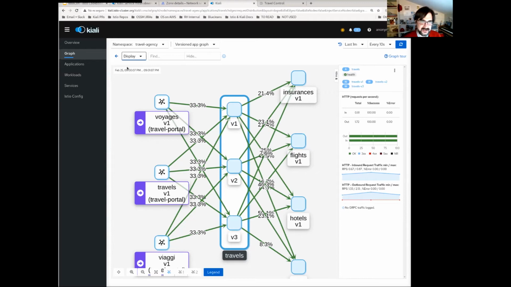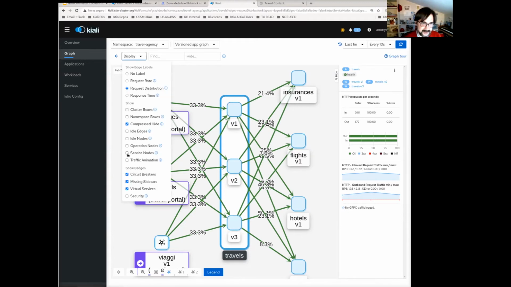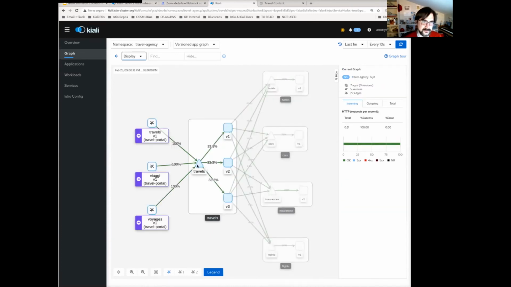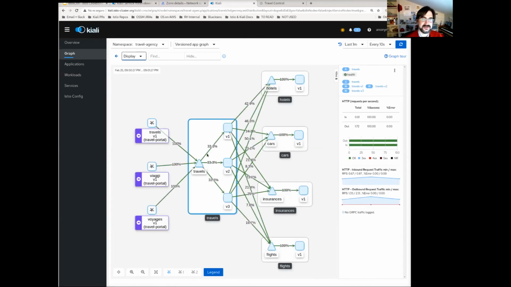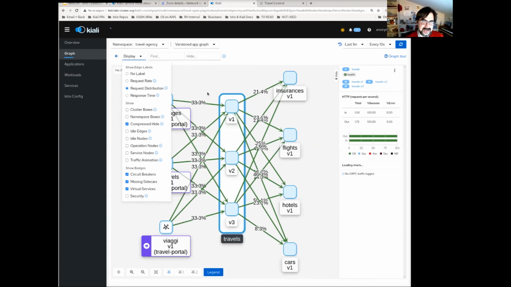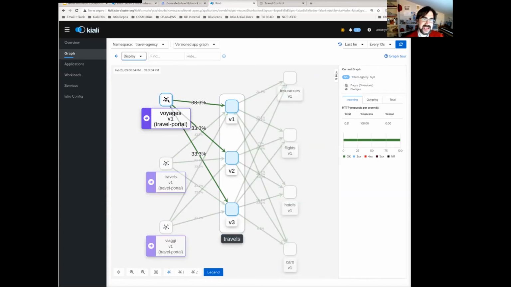So again, if I select the service nodes, this is transparent for my application. This is one of the powerful features of Kubernetes. I can put a new workload behind a service, and all the workloads that are invoking these services are unaffected, right? But now I would like to show you in this scenario how Istio can help me to tell, hey,